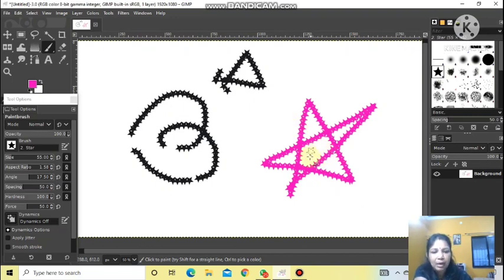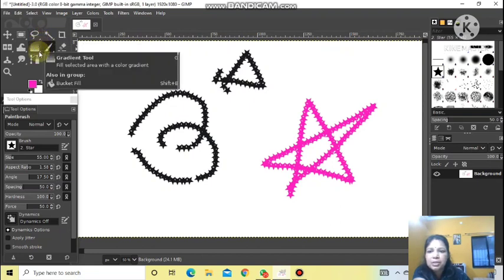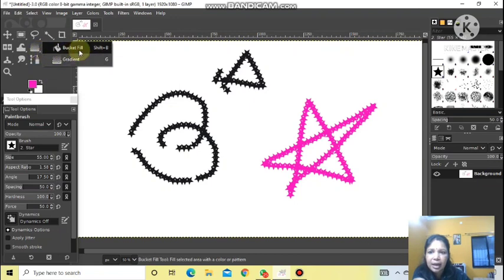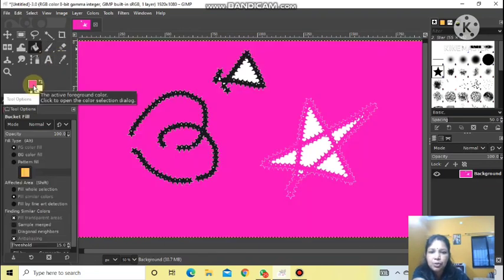So suppose I want to fill this part of the shape with color. I'll go to this option of paint. Suppose you're not getting a tool, keep on moving the mouse over different tools, and you will get the options there. So I want bucket fill, it is available here. I'll right click here and choose the option. Just see, the shortcut key is also written next to the name of the tool. So I want the bucket fill tool, and then choose the color which you want.